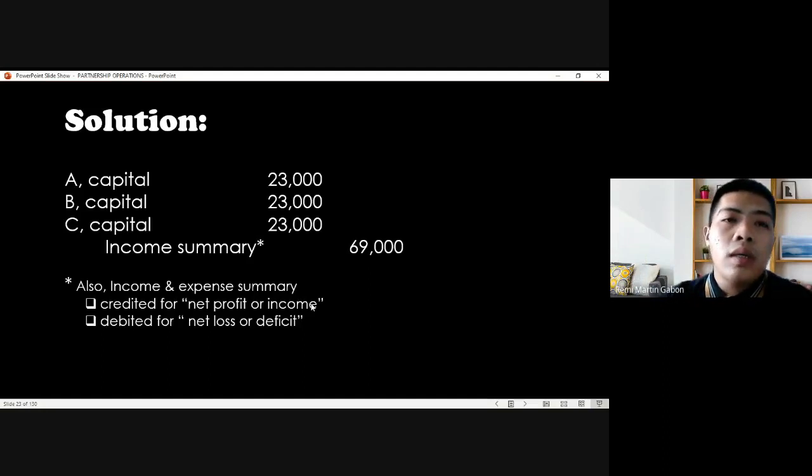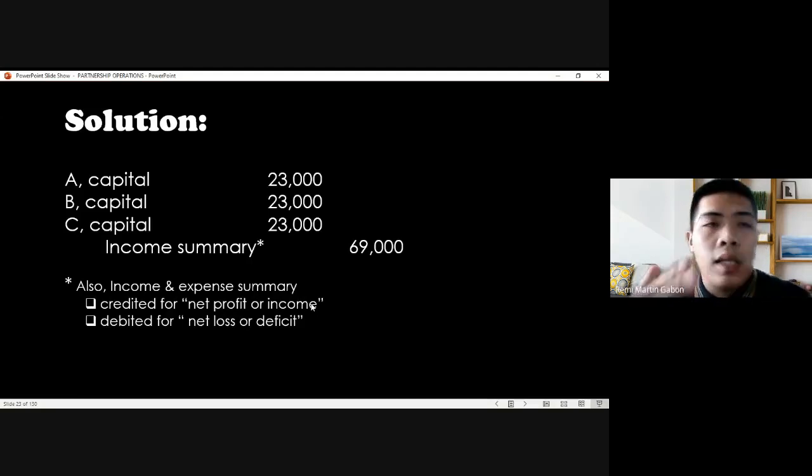You are closing everything, and whatever is the excess, whether a credit or a debit amount, will depend on the income and expense summary. So if the income and expense summary is debited, it's a net loss. If credited, it is a